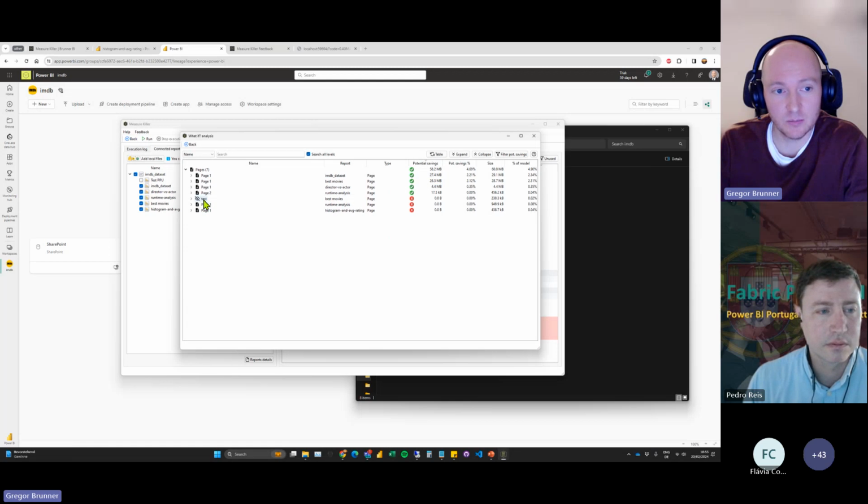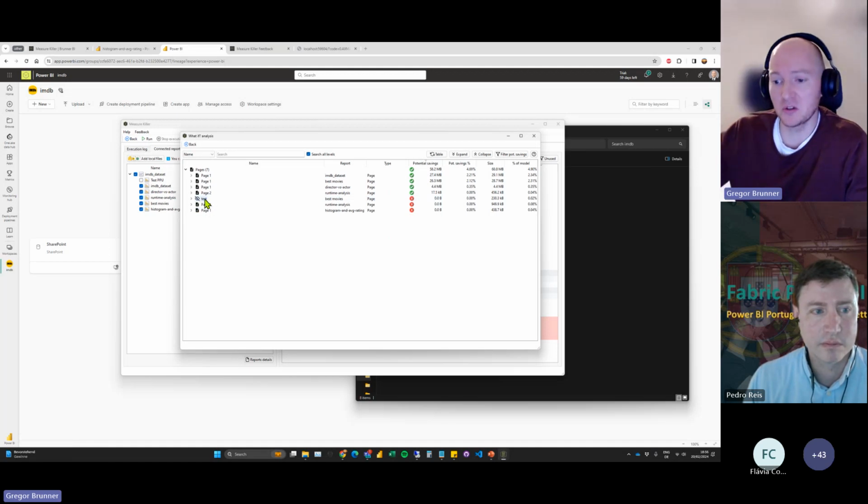For example, you can see this test page is hidden. So I can see what is only used there. And then maybe, oh, okay. In this case, actually, it's red. It means nothing is only used on that page. But it could be that something is only used on some test page that somebody has somewhere hidden in the report. And then you can even save that.